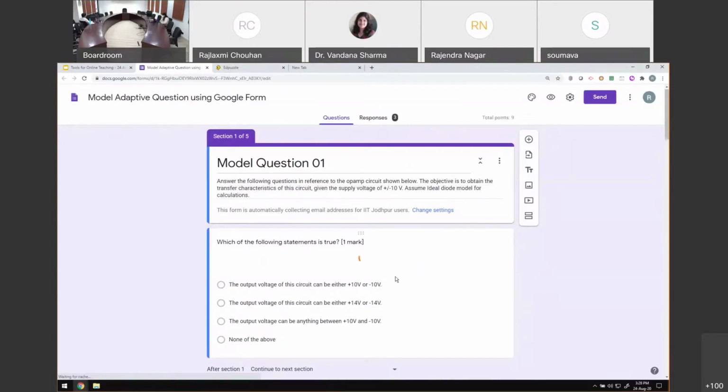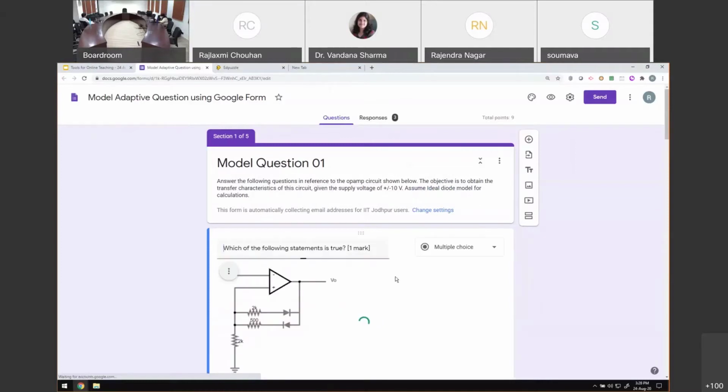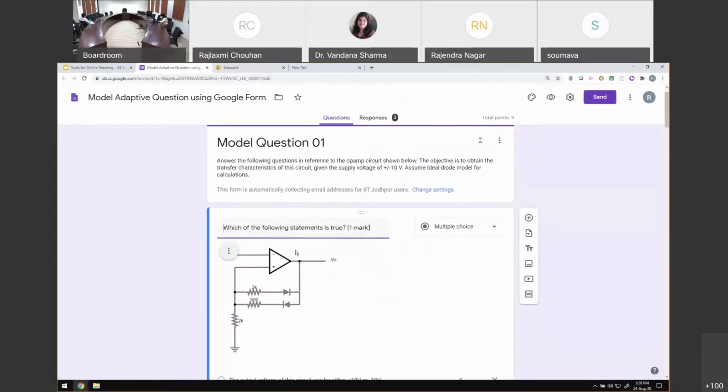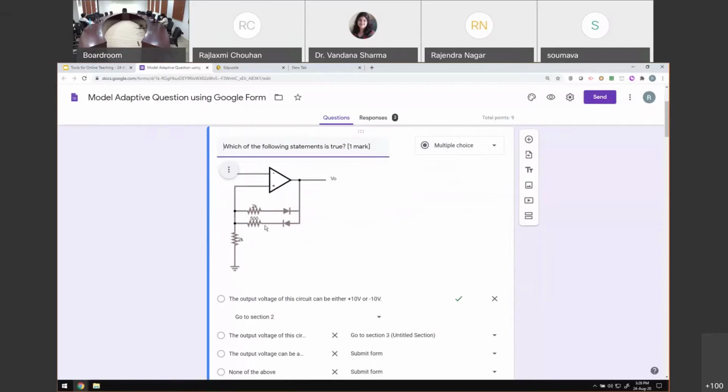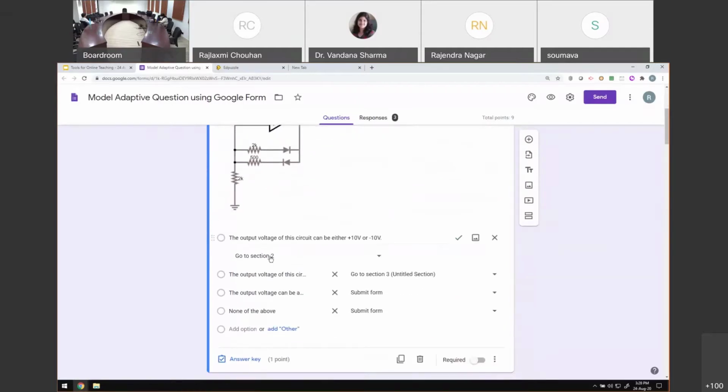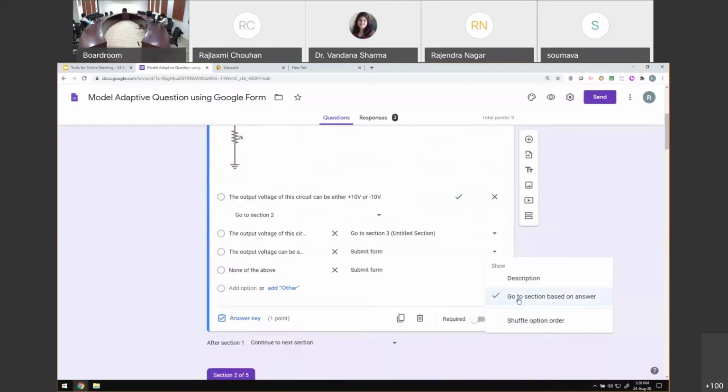The option that we are trying to use here is basing the next question on the previous answer. So it's the same type, a multiple choice question. I've put it for 1 mark, I've made the circuit. And now if you look at the options, you see that we would go to these 3 dots, right? And we select this option of go to section based on answer.